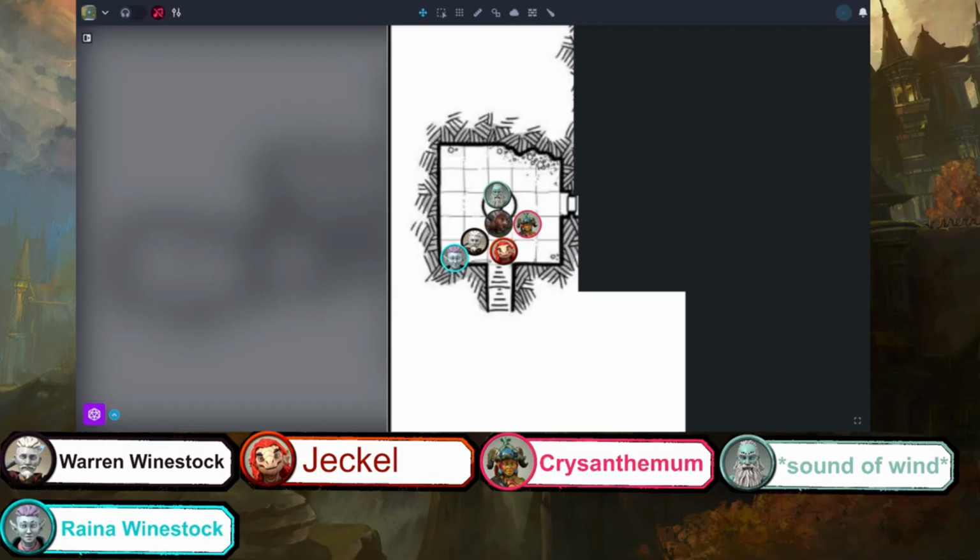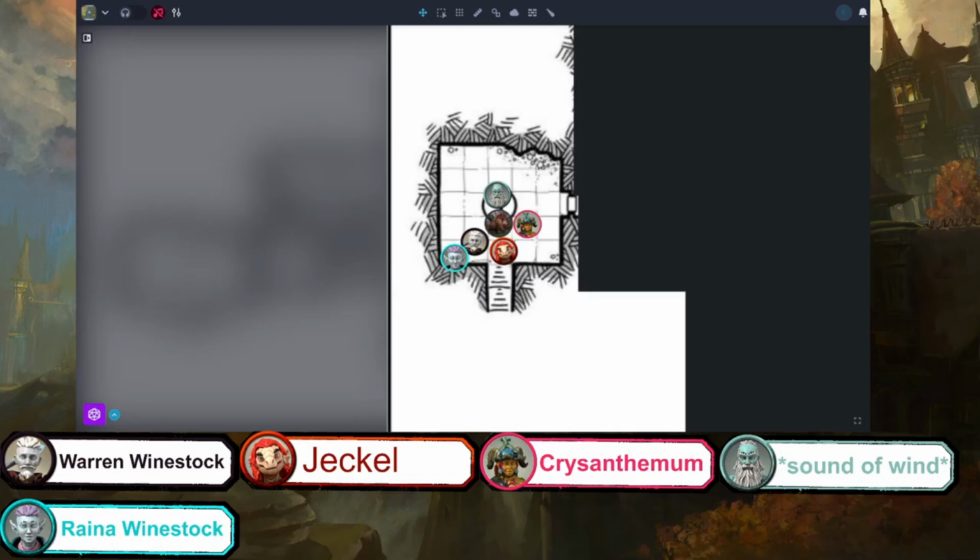I got a 7. 7 damage is good damage. Good, because that's your damage hit, so that's actually a lot. Yeah. It is reeling as you crack across its skull, and you even see some bone dust fly out across the room. Raina, your turn.